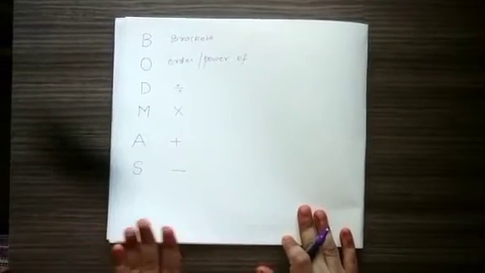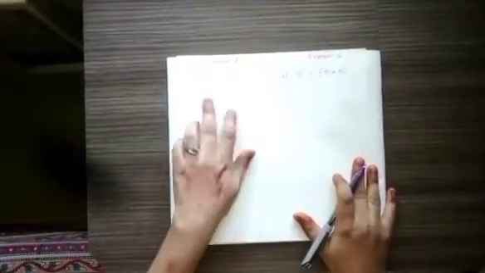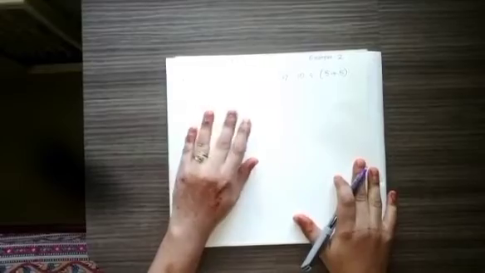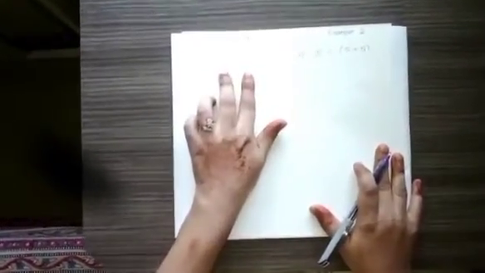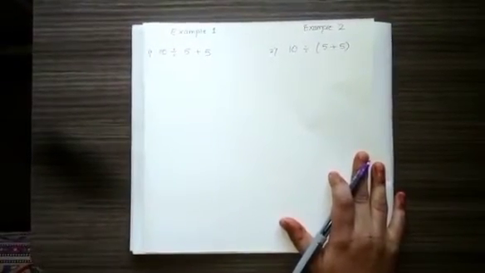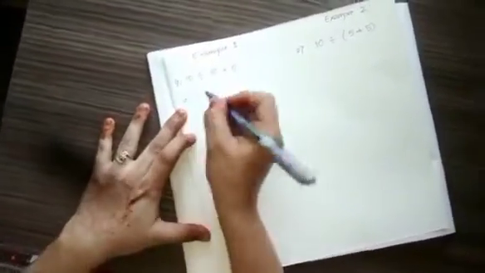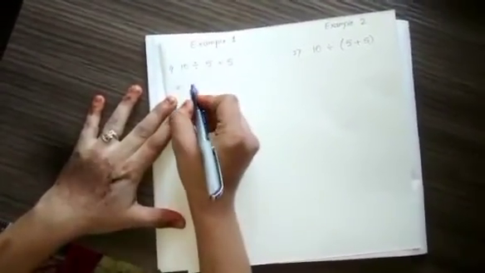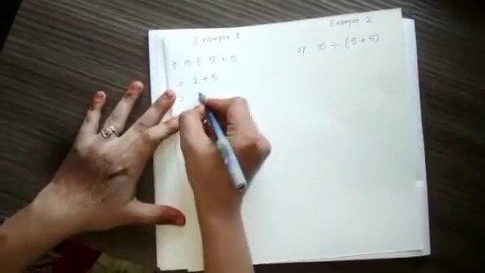For that, let us consider an example to illustrate the use of brackets. In this sum, there are no brackets. So as per the BODMAS rule, we have to solve the division first, followed by the addition. Just remember that rule. Division, multiplication, addition and subtraction. So keeping that in mind, we will be dividing 10 by 5. So the answer would be 2, followed by addition with 5. So the result is 7.